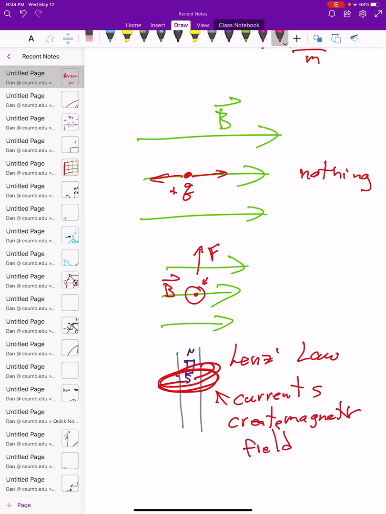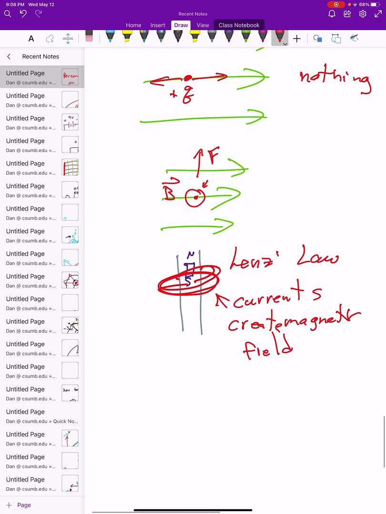And I have a really nice video demonstration of it on iLearn. It's called Demonstrations of Lenz's Law and Faraday's Law, where I drop a magnet through a copper tube, and you see the magnet go really slowly through the copper tube. In other words, gravity would want to accelerate it, but as it's moving, the currents that are generated inside the copper tube,